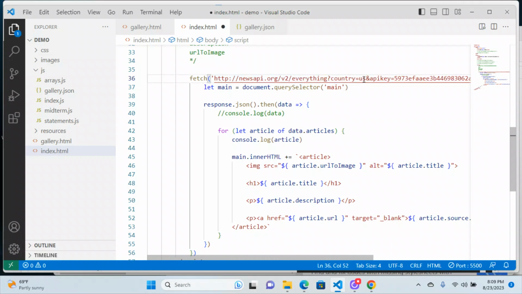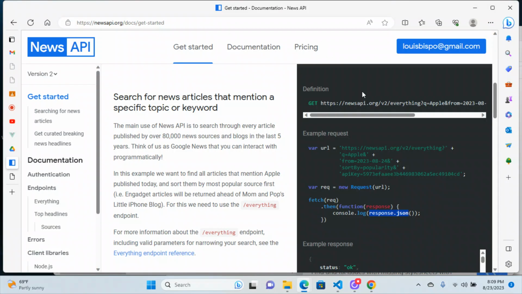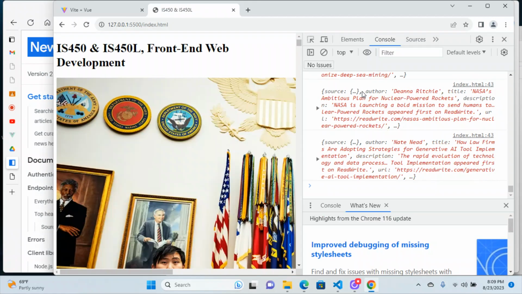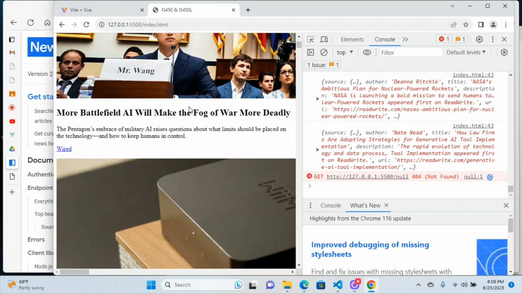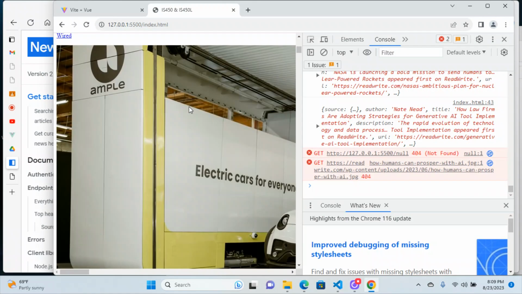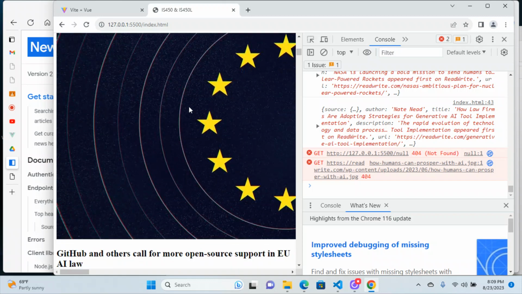And then instead of country equals US, I will do Q for query equals, and then whatever it is that I want to know about. So let's say technology, right? So I want to know everything about technology instead of just the top headlines from the US, and then it will give me different headlines, right? So here's some technology headlines, the top most. And there are other things that you can put in there,